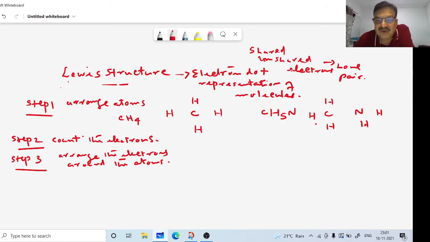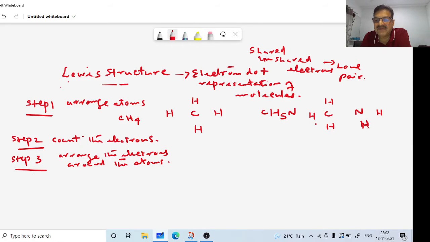So we have to put a bond between every 2 atoms. When you are putting the bond, you have to ensure that hydrogen gets only 2 electrons and other second row elements don't get more than 8 electrons. Then you should use all the remaining electrons to fill the octets with lone pairs. Now, if all the valence electrons are used and an atom still does not have an octet, what will you do? Form multiple bonds. So that is how the Lewis structure is to be drawn.